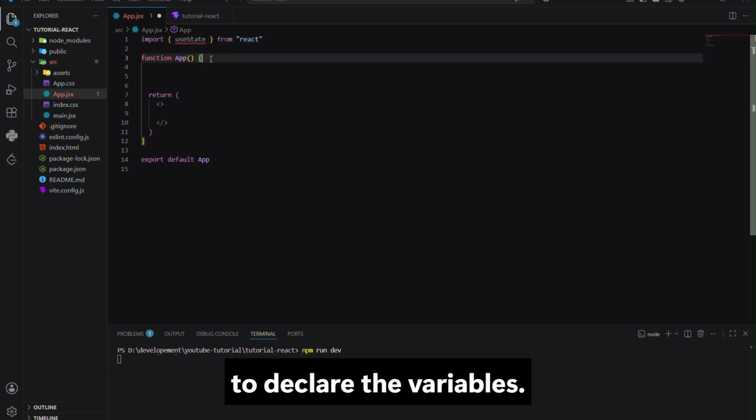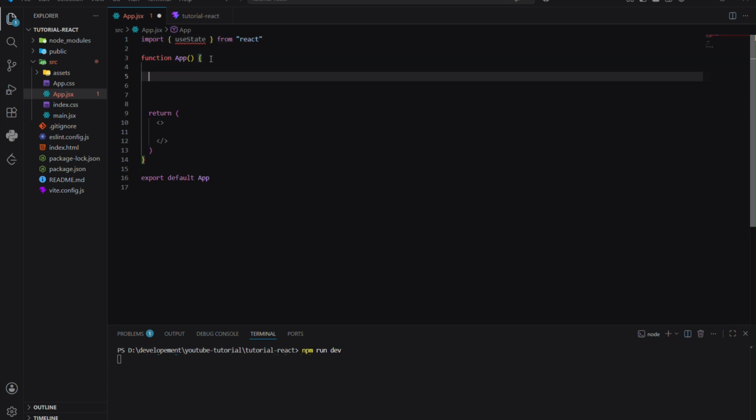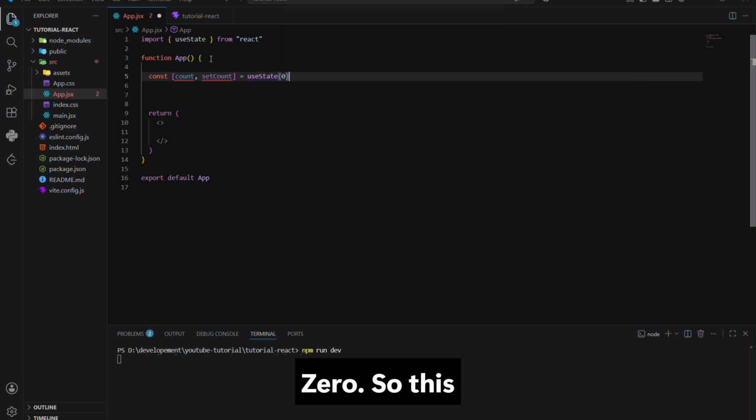Step 2 is to declare the variables. Const count, setCount equal to useState 0. So this line